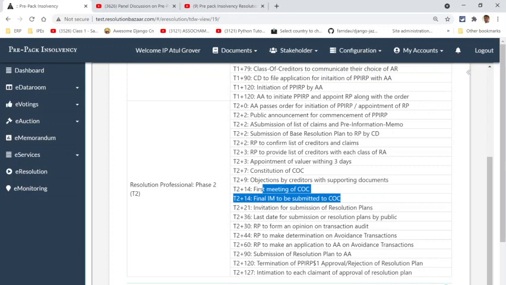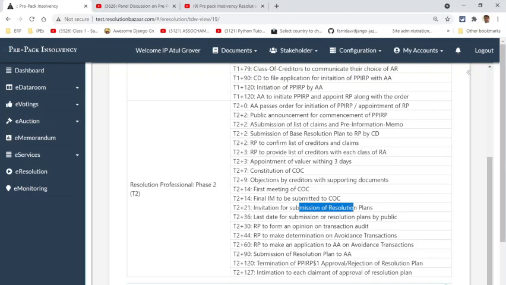Then within 21 days itself, there has to be a call on whether the resolution plans have to be invited from the general public. In case there are operational creditors who have not been fully compensated, it is mandated that resolution plans will be called from the general public.